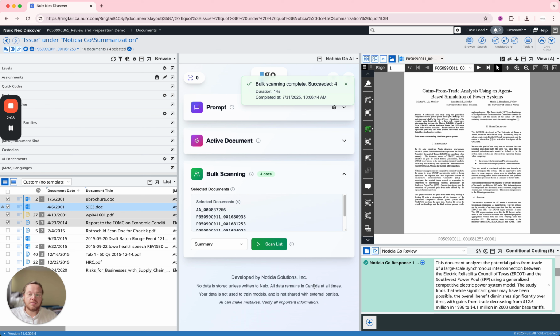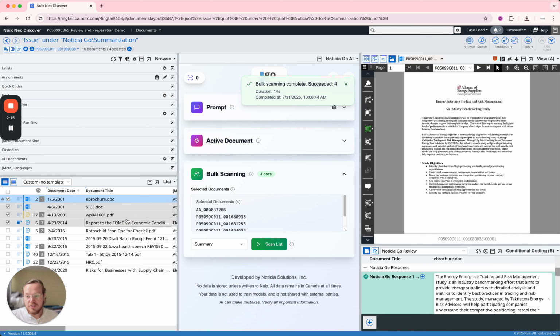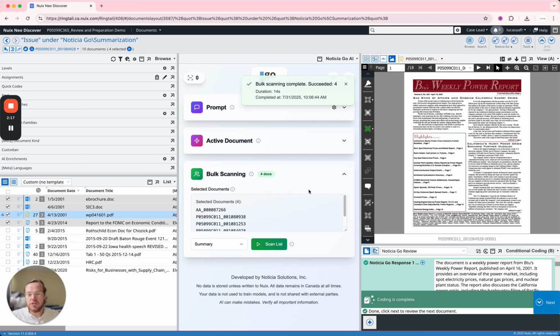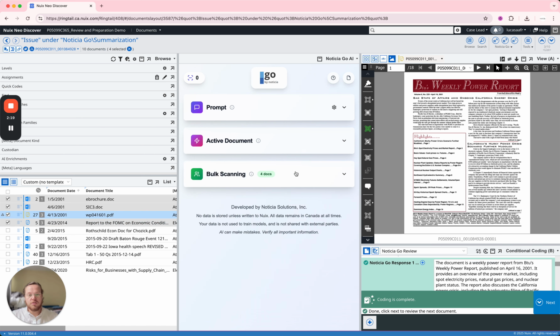This is one of the great things about using Noticia Go in your review is in 15 seconds, we have a summary of hundreds of pages of PDFs potentially, and we can go ahead and use those really quickly, really effectively during the review and during the later stages of the